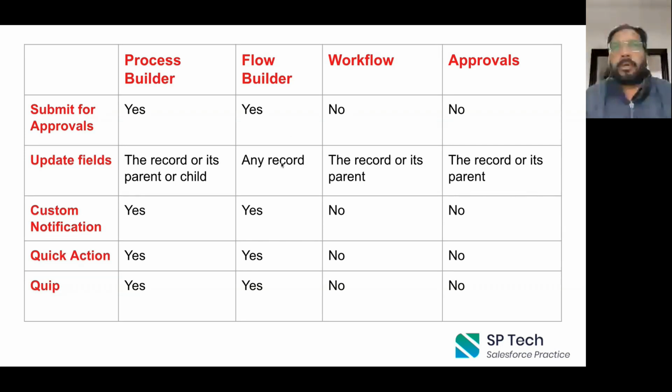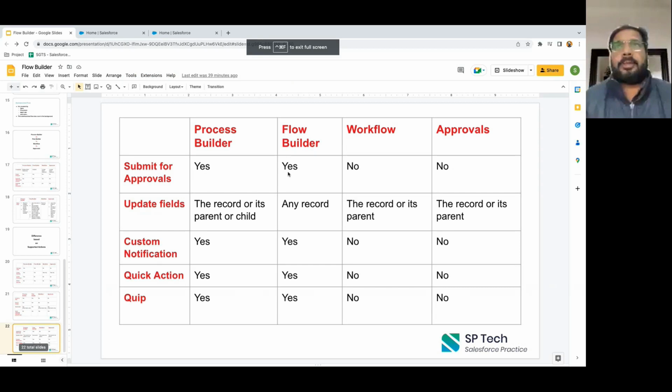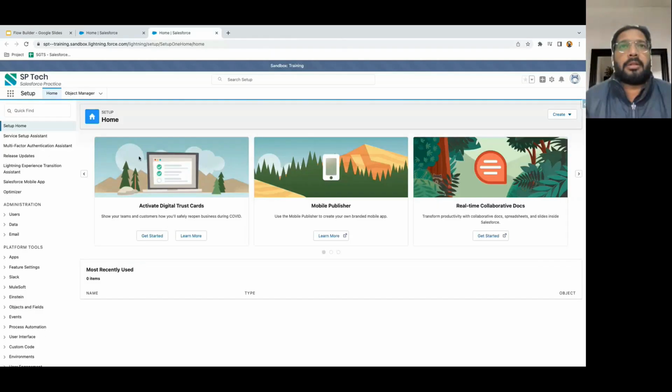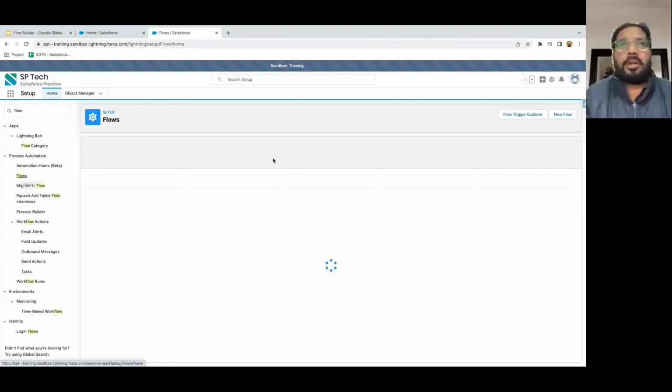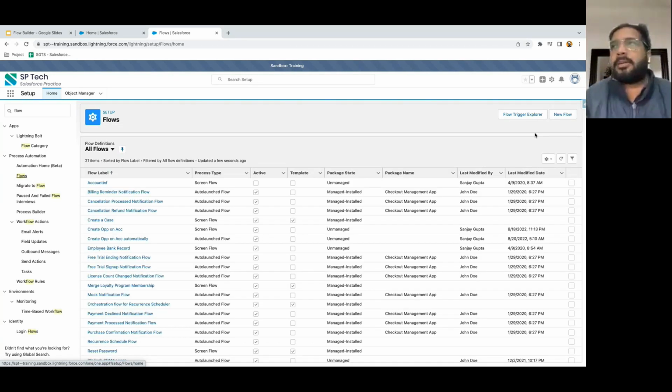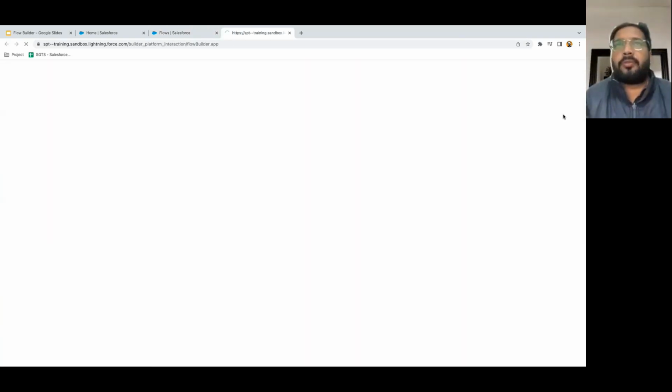Okay, so this is about the theoretical stuff. Now I'm moving to some hands-on. I will demo how we can implement a screen flow so that we can understand the different elements that are available. To create a flow, you can search for Flow in Setup. If you click on the Flow option, at the top right corner you will find the New Flow button. If you hit that button,